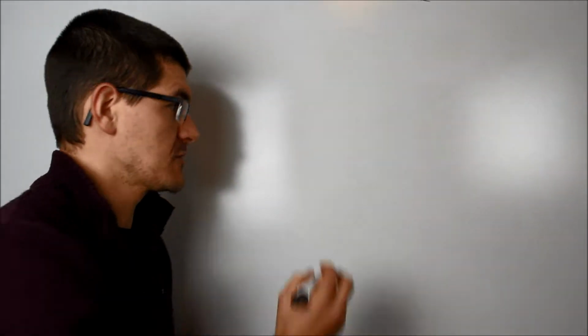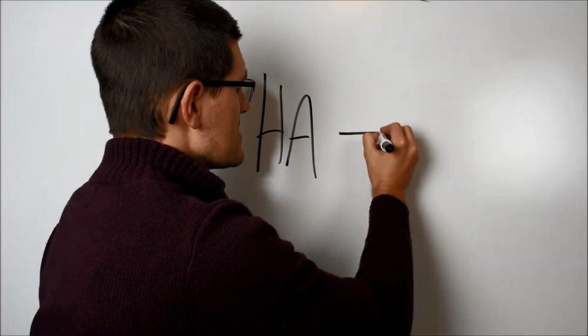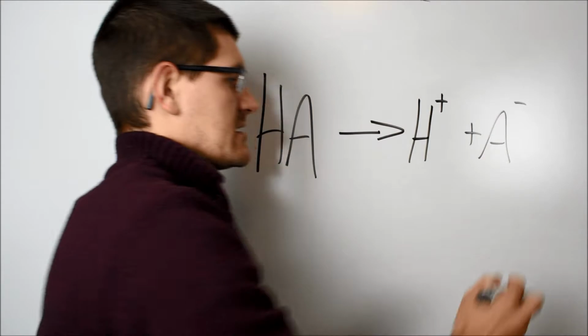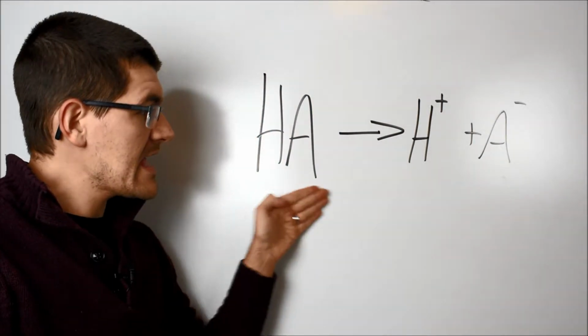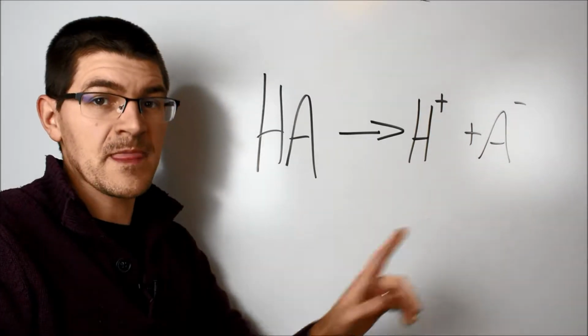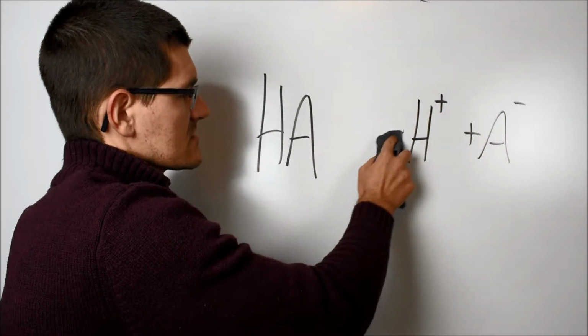Which brings us to another discussion point. What's the difference between strong acids and weak acids and strong bases and weak bases? Well, it deals with how much of that proton is going to go into a given solution. So for a strong acid, HA, every single proton in that acid, when it reacts, is going to dissociate from the other piece of that acid. The A- here is what we call the conjugate base. So again, with a strong acid, every single proton, when it reacts, is going to come off and contribute to the pH. In a weak acid, and again, remember all this holds with bases except with OHs instead of H+,